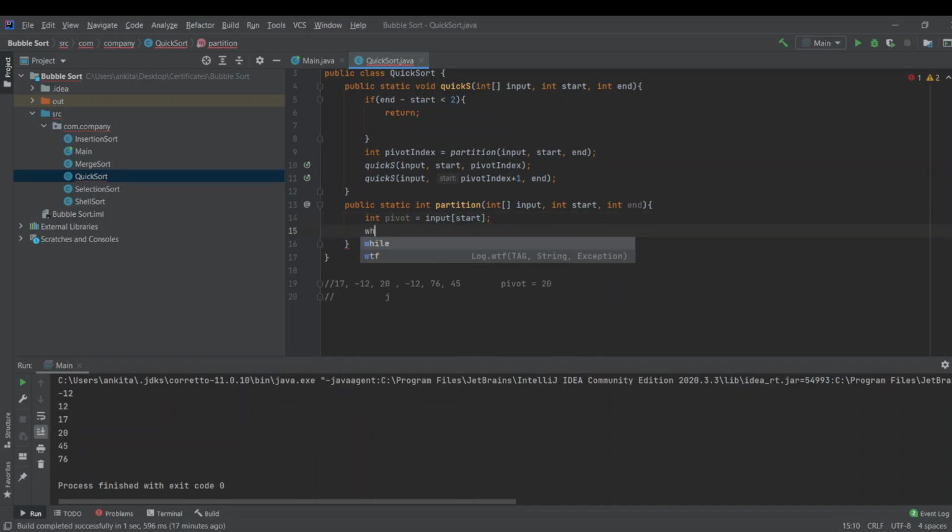After that, we use a while loop while i is less than j. So let's just assign the variables. Int i is equal to start and int j is equal to end. And while i is less than j,